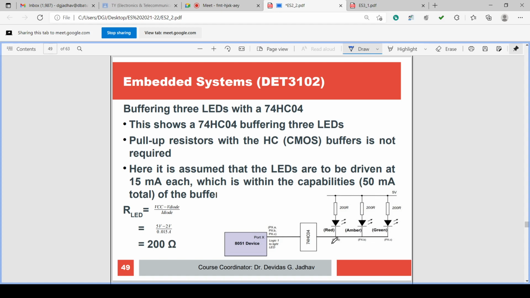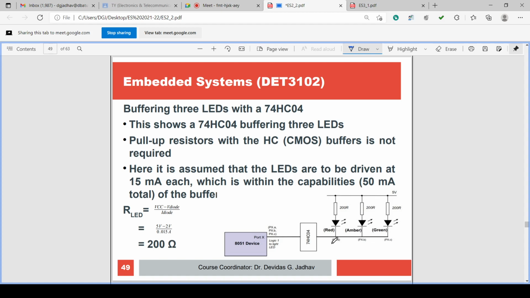Signal is low, it will output low. But along with that logic, high or low, it has higher current providing capacity. Buffer is having higher current providing capacity. Logic will be provided as it is. High logic, low logic will be provided.